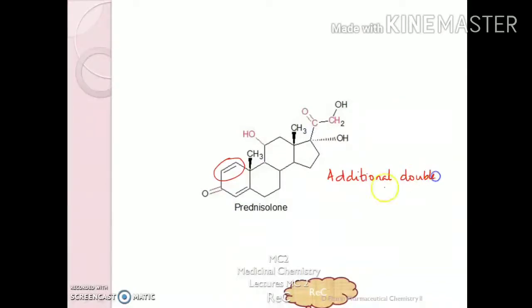Coming to the chemistry of prednisolone. If you look at the structure of prednisolone, it is very similar to that of hydrocortisone. The only difference is in the A ring. It carries a double bond at position 1 and 2. And so you can consider prednisolone as 1-dehydrocortisone. That is dehydro, that is, the hydrogen atom is removed.